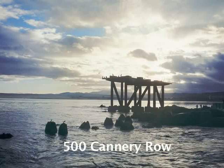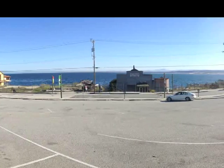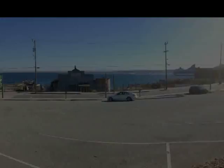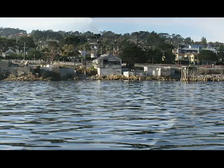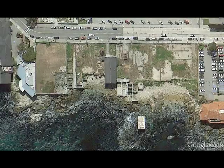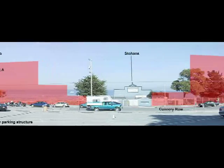500 Cannery Row. The area between El Torito and the Chart House has been like this for a long time. Here is the view of the site from the bay and a satellite view. A large condominium development is proposed for the site, but without water and financing, nothing has